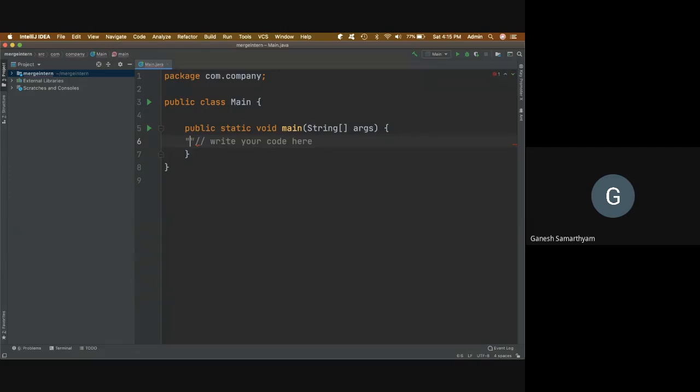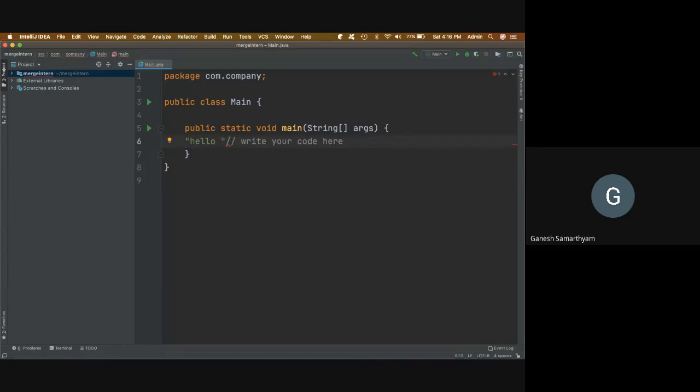Let us say hello. One thing interesting about IntelliJ IDEA is that nobody is really a master, including me. There is always something new for everyone, even if one is an expert who has been using IntelliJ IDEA for, let's say, 10 years.